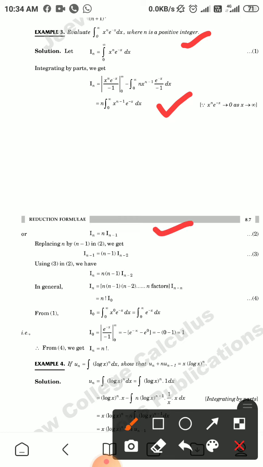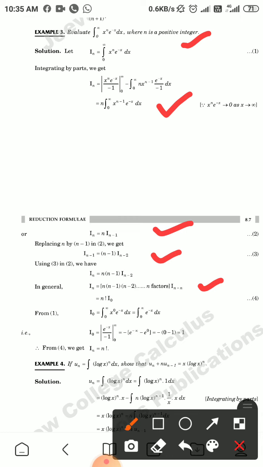Replacing n by n minus 1 in second, we get I(n-1) is equal to (n-2) I(n-2), marking this to be number third. Using third in second, we have I(n) is equal to n(n-1) I(n-2). In general, I(n) becomes equal to n(n-1)(n-2)... factors and I(n-n), that is